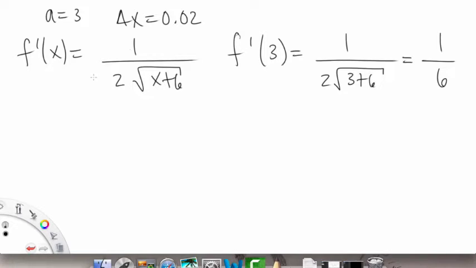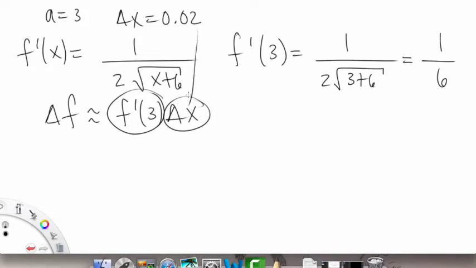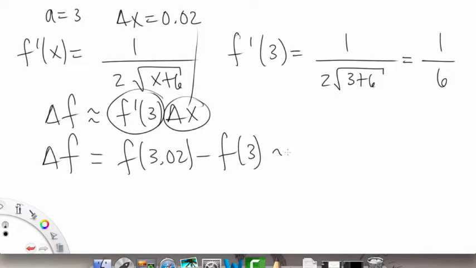Alright, so now we found, for our approximation, our delta f, which is about equal to f prime of a, so that's f prime of 3, times delta x. So we found this part, and we know that delta x is 0.02, so let's just plug that in and we'll get our answer. So delta f, which is equal to f of 3.02 minus f of 3, is about equal to f prime of 3, so that'd be our 1 over 6, times the delta x, which is 0.02, so this is going to be about equal to